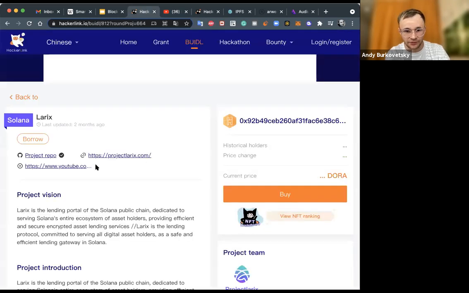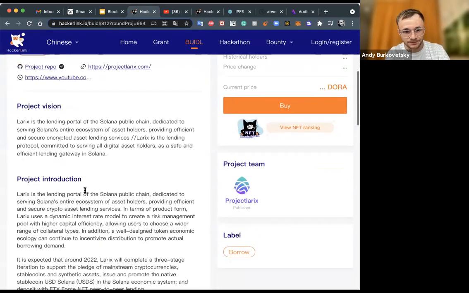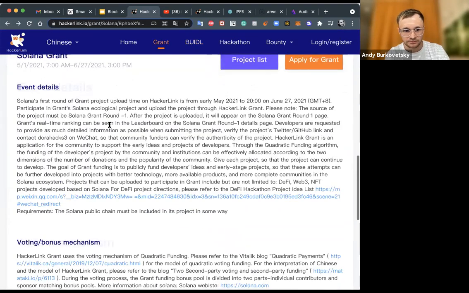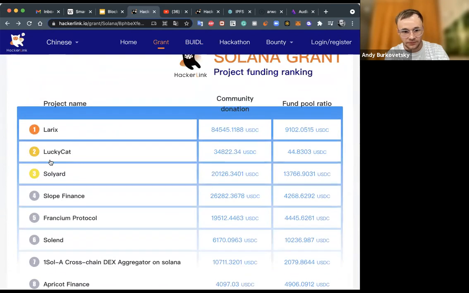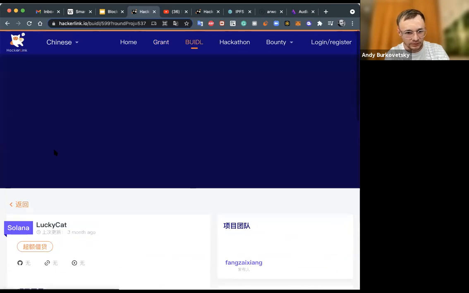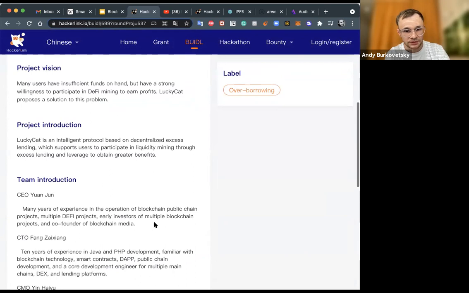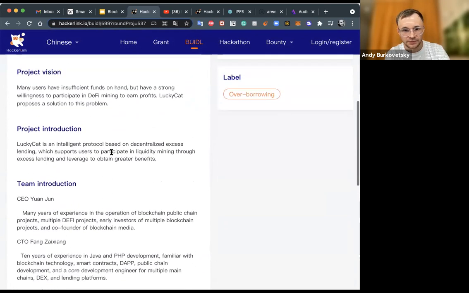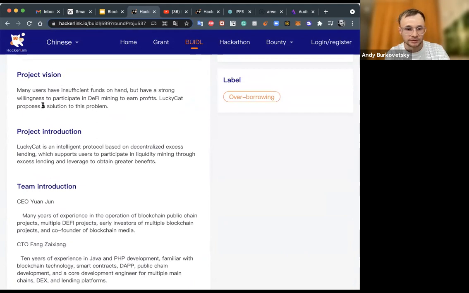They usually have a project vision, lending portal, public chain. Lucky cat. What is it? I don't know, it needs time to read.